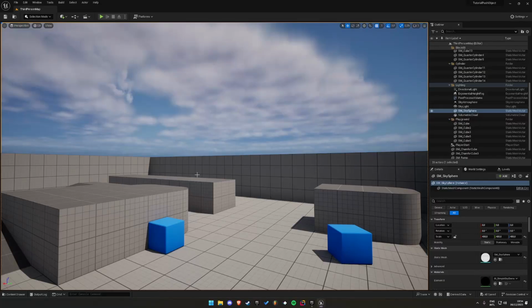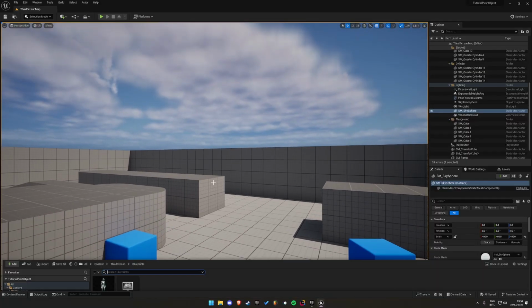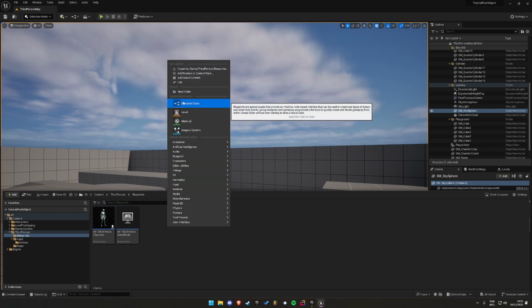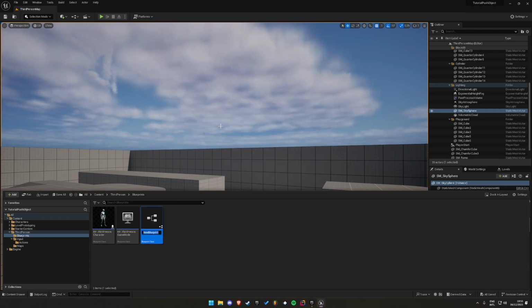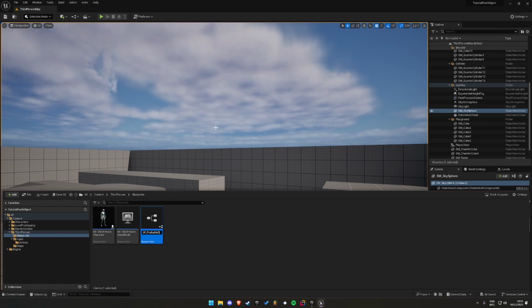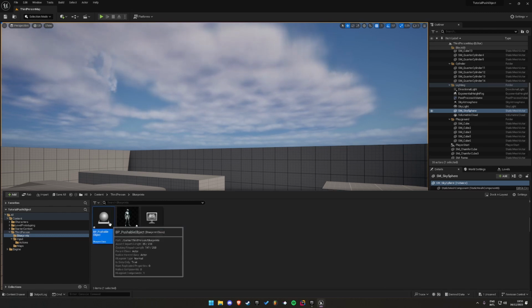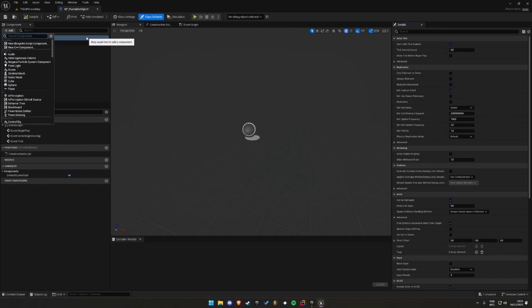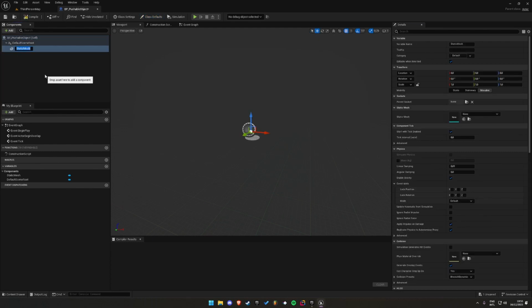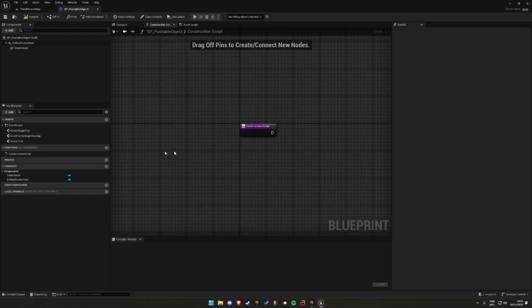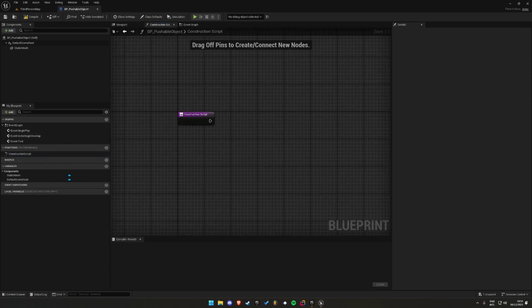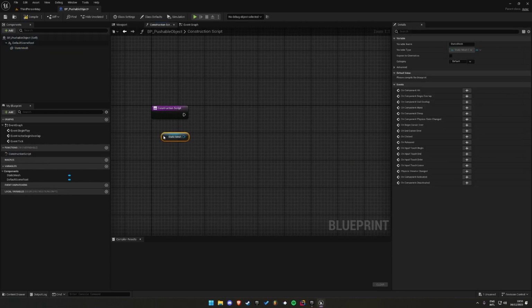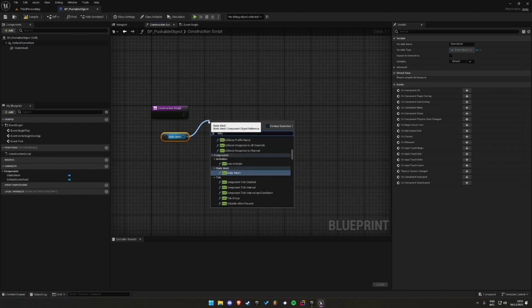The first thing I'm going to do is making the blueprint for the pushable object. For that, I'm just making a new blueprint class, actor, and I'm calling it BP underscore pushable object. And then afterwards we can open it. In the components, I'm adding a static mesh. And then afterwards, I'm going straight into the construction script, getting out my static mesh, and then I'm calling set